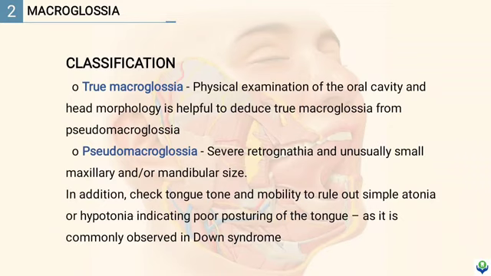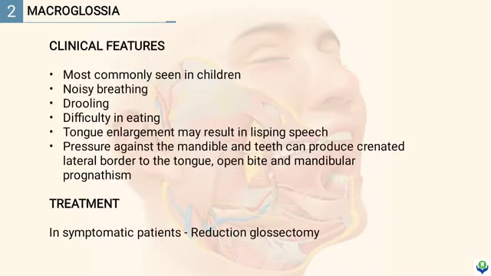In addition, check tongue tone and mobility to rule out simple atonia or hypotonia indicating poor posturing of the tongue, as it is commonly observed in Down syndrome. Clinical features. Most commonly seen in children. It has the following features, namely noisy breathing, drooling, difficulty in eating, and the tongue enlargement may result in lisping speech, and the pressure against the mandible and teeth can produce crenated lateral border to the tongue, open bite, and